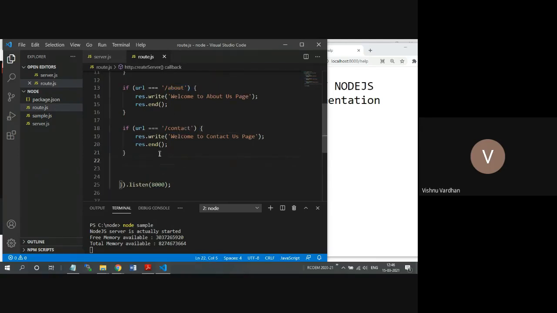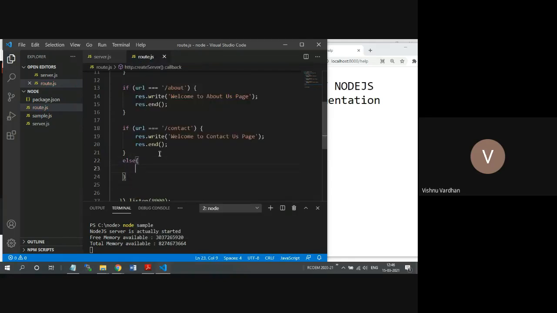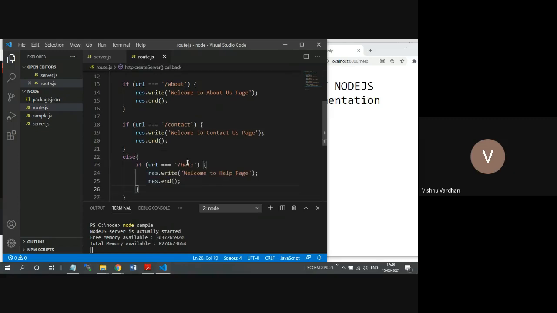And if nothing is actually matched, then I want to simply redirect to the root page: welcome to Node.js website. In that way you can have your default implementation. This default implementation does not have an if, because only if nothing matches is it going to be executed.